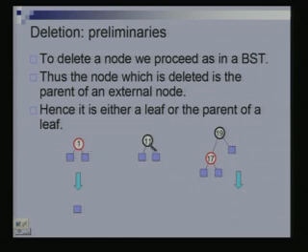If the node is a leaf, then either it is a red leaf or a black leaf. And the third setting is when the node that we are deleting does not have a right child, which means its right child is an external node. If it does not have a right child, but has a left child, then this left child has to be red. Why? If it were to be black, then the black height would not remain consistent. Because if I look at this external node versus this external node, if this were black, you follow what I am saying?